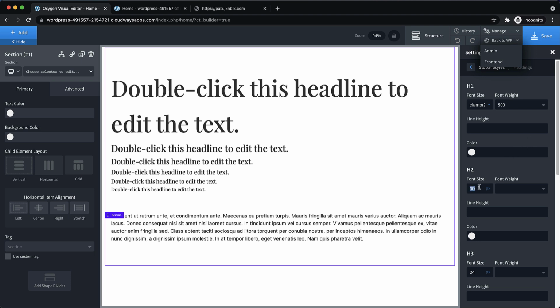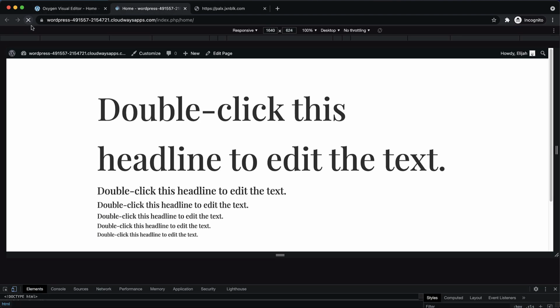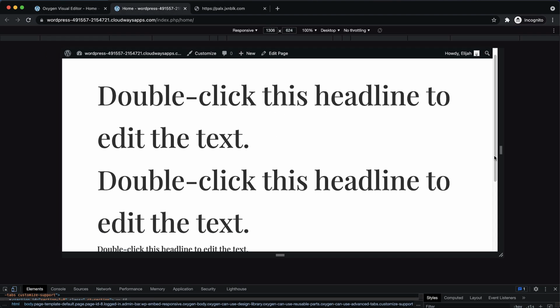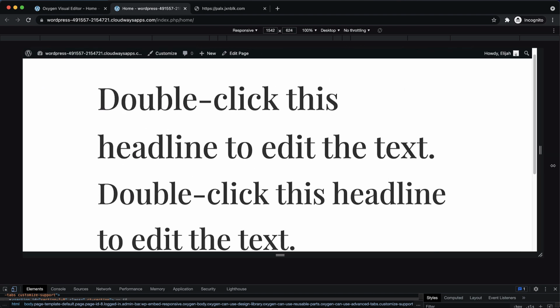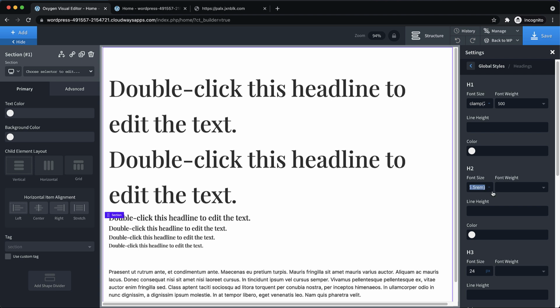Okay, so let's go down to the H2 and let's set this to something like, let's try 5.5 rem at the biggest. And then the smallest, actually we need to change this to none first. And then the smallest, we're going to do 1.75 rem. So let's see what that looks like. We may have to change our scaling unit also, so that they don't end up being the same size while they're scaling, see? And actually it's not quite big enough of a difference there, so let's go back in and